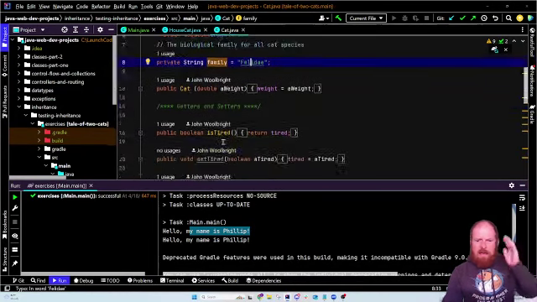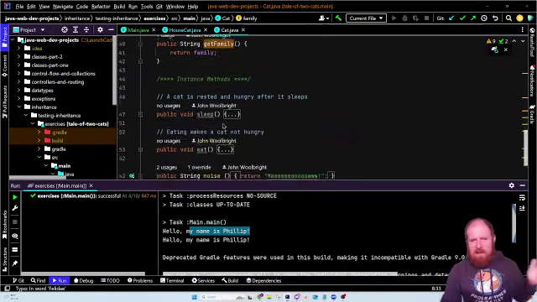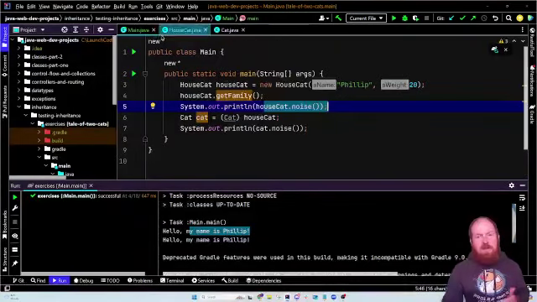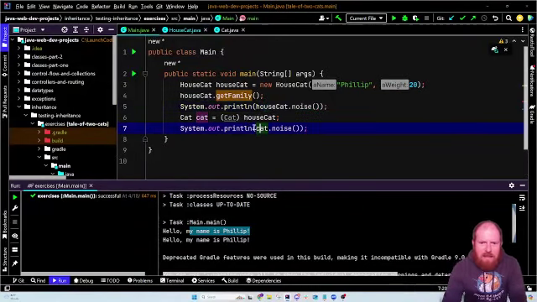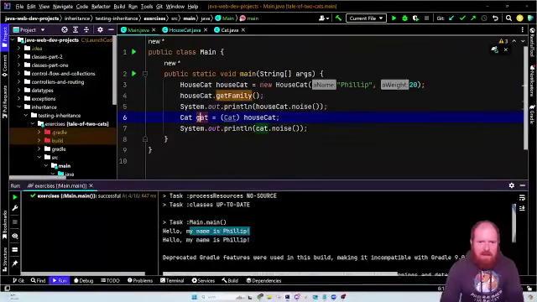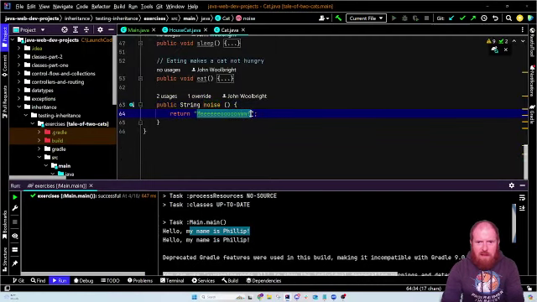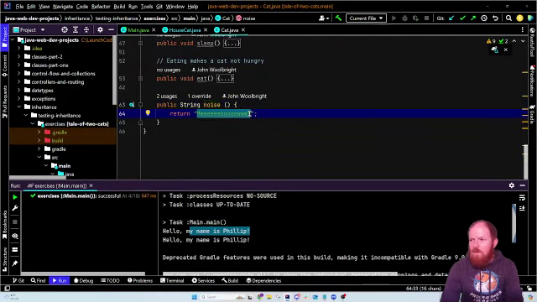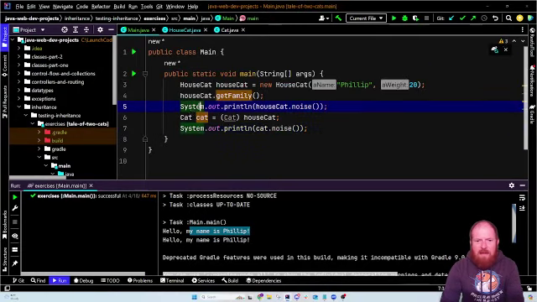So then the interesting thing was, and don't think about it too hard, because usually you don't do this. But I said here to change this to cat. And so cat is a cat, and the cat.noise should be meow. I said cat, which is cat, meow. It should be meow. Whenever I saved this as this, I